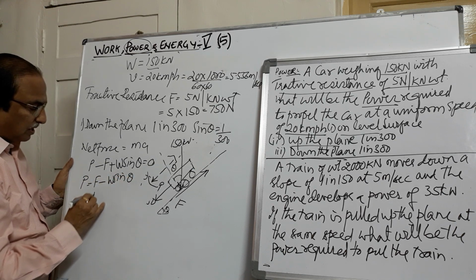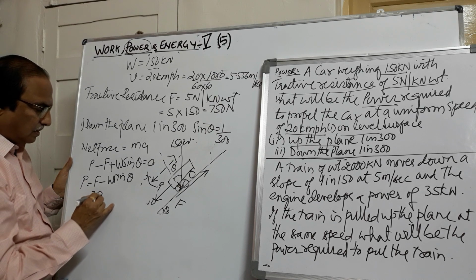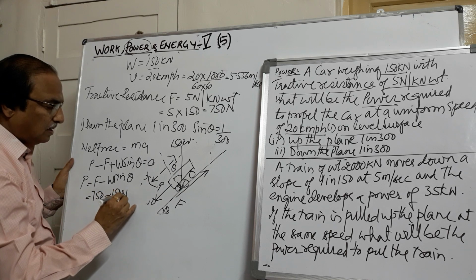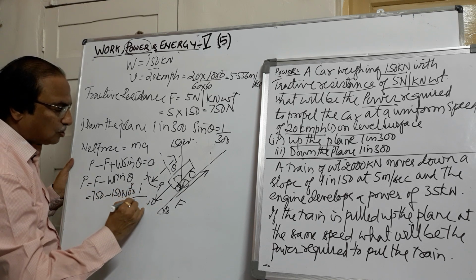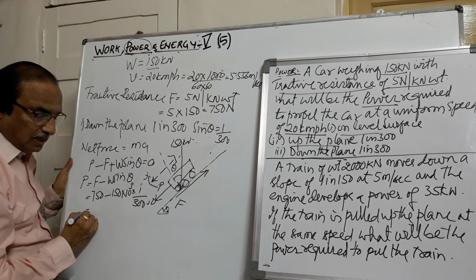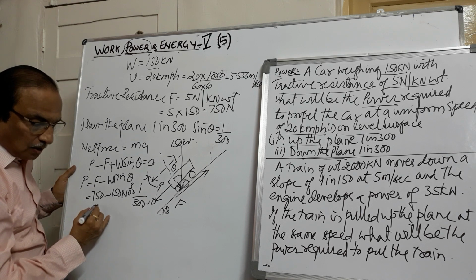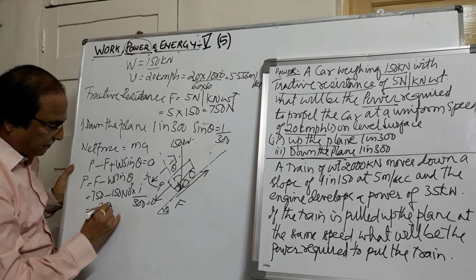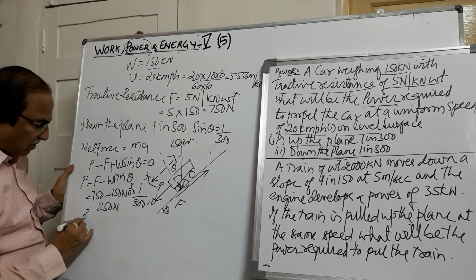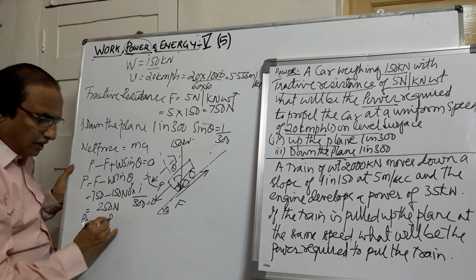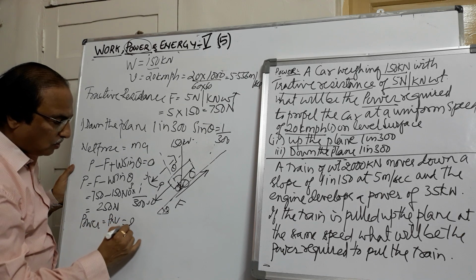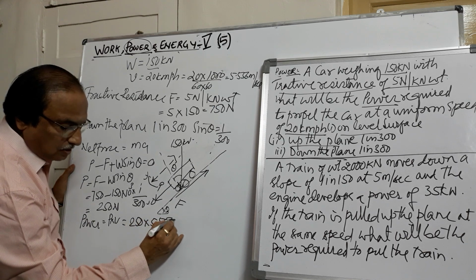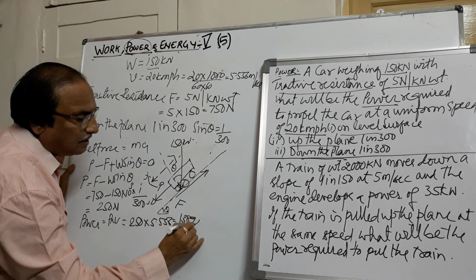So this will be equal to F is 750 minus W is 150, converted into Newton, into 1 by slope, which is 1 by 300. You get this equal to 250 Newton. So here power will be equal to P into V. So this will be equal to 250 into velocity, 5.556. So this will be 1389 watts.